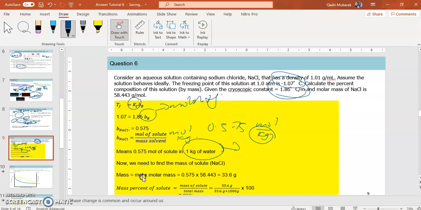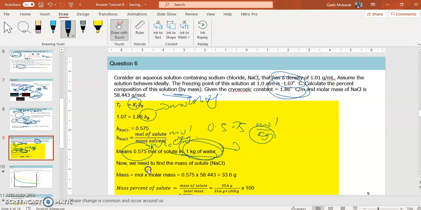So here, as the question asks us about the mass, we already know the mass of the solvent, which is 1 kilogram. So what we need to do next is find the mass of our solute. Here is our solute, NaCl. We already have the mole. So if we have the mole, we can easily find